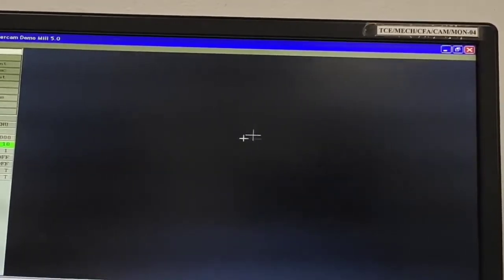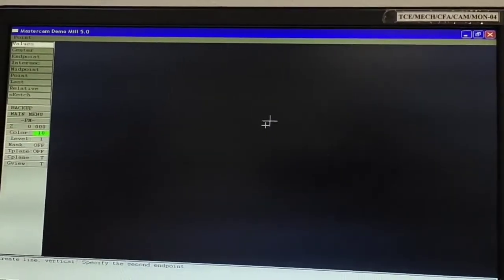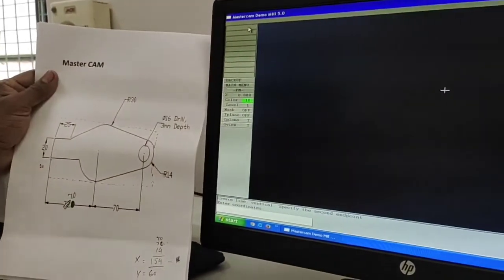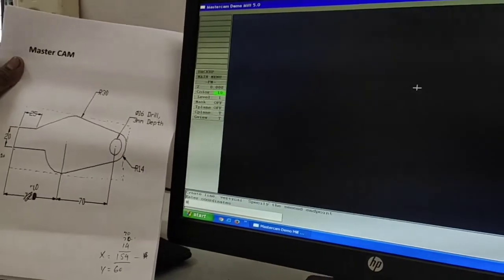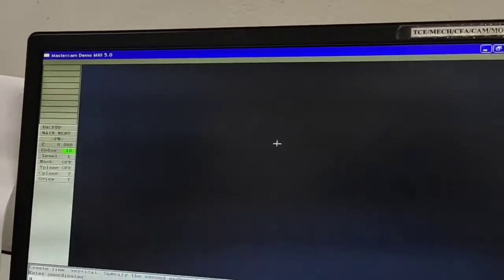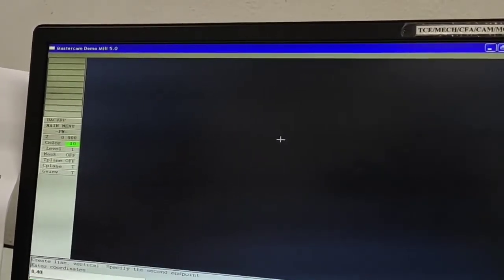Automatically the point is fixed on the screen. What is the next point? It will ask to specify the second end point. What is the second end point? x0, y40. 0, comma 40, enter.